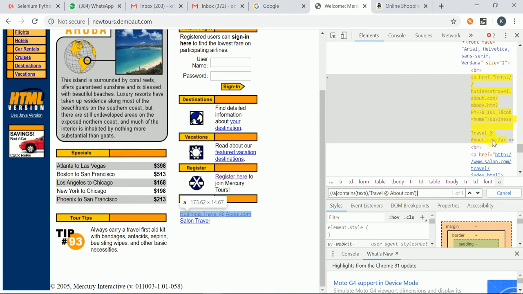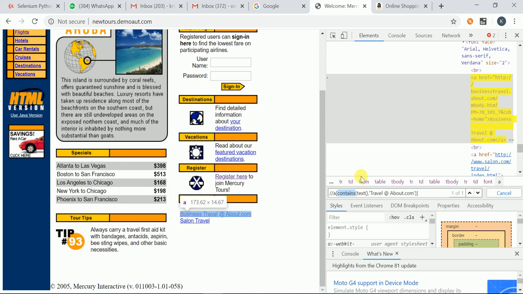No, our complete text is business travel about.com, but I have given only partial text of the link text. We can use contains here. By using contains syntax, you can locate any element using part of the link text. Mainly it is used when many lines of text are there, and we don't want to use the entire text, we want to use partial text. Then we can use the contains syntax.